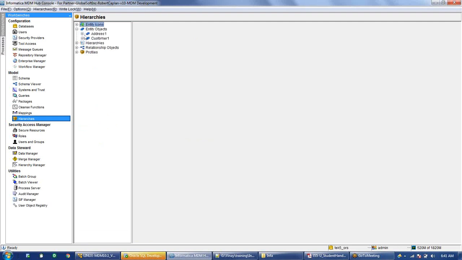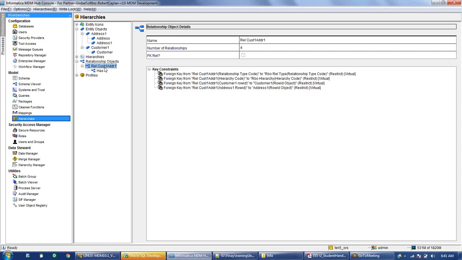So this is the configuration that we had done between two tables, the address table and the customer table. We converted our address base object to an entity base object and the customer base object to an entity base object, and this was the relationship table between customer and address. This table we converted to a relationship base object, and then finally we added the entity types, relationship types and the hierarchies. So these are the configurations we did on the top.